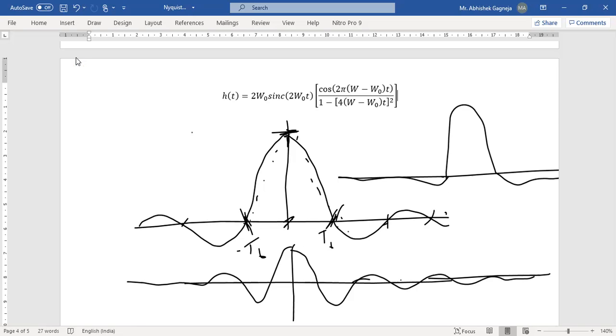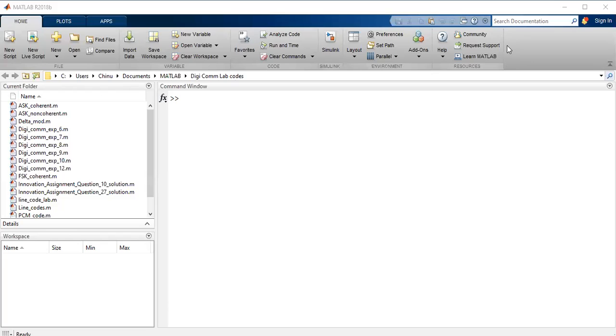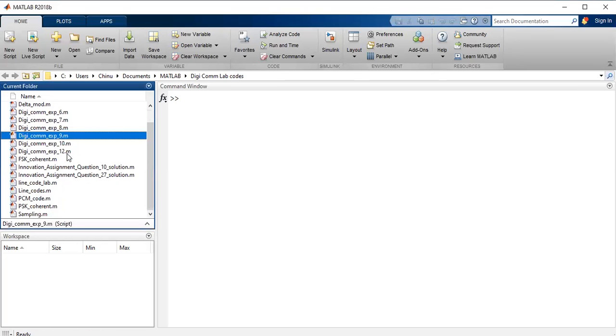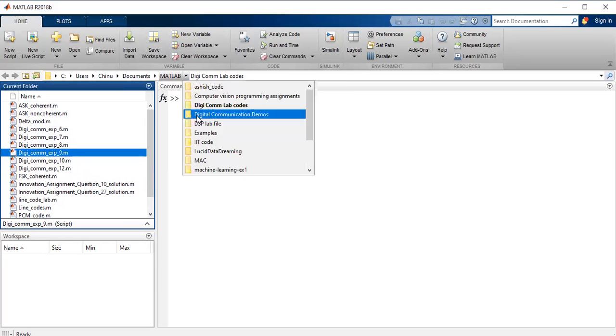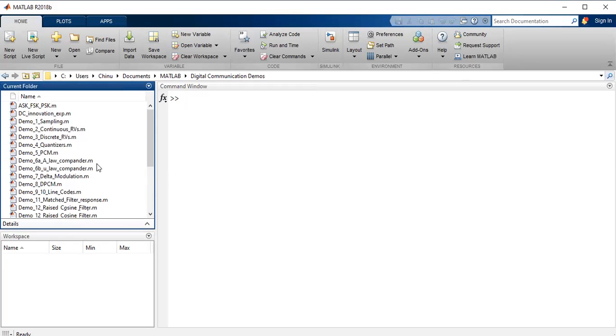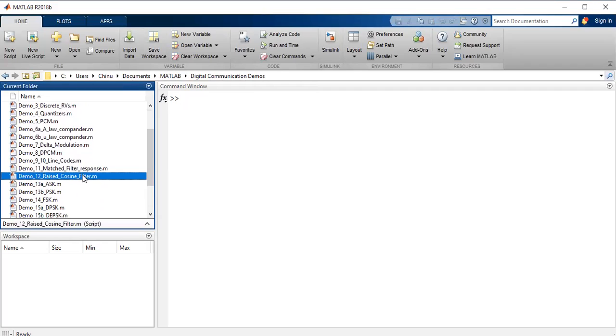तो अब एक छोटा सा सिमुलेशन देख लेते हैं। सिमुलेशन के लिए, let me just show you a demo of raised cosine filters. It's a small code that I wrote for raised cosine filters, जिसके अंदर आप